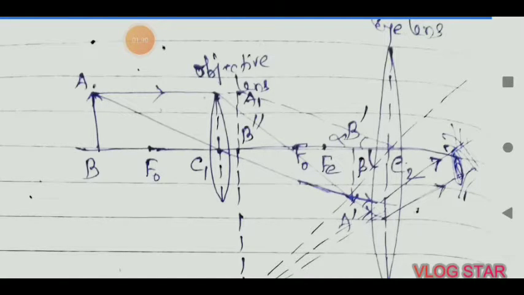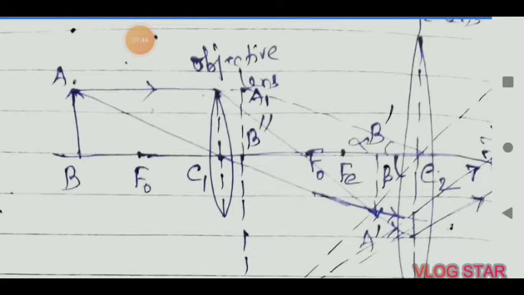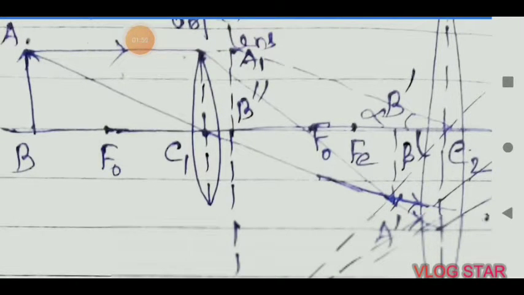Now you know that whenever the light comes from the object AB, it forms an image A dash B dash, that is the image of the object AB. The object is beyond the focus, so its image will be formed beyond the center of curvature. So A dash B dash obviously will be larger than the object AB. The object has been magnified.